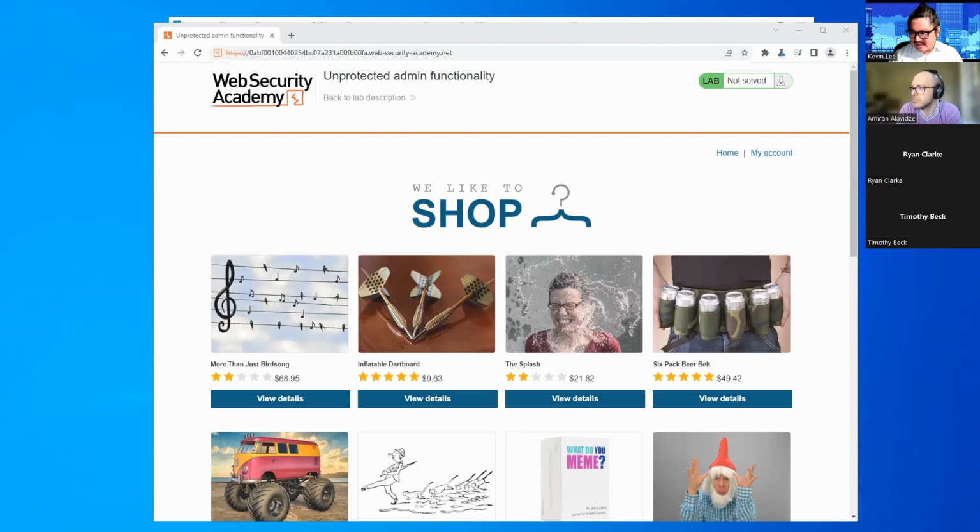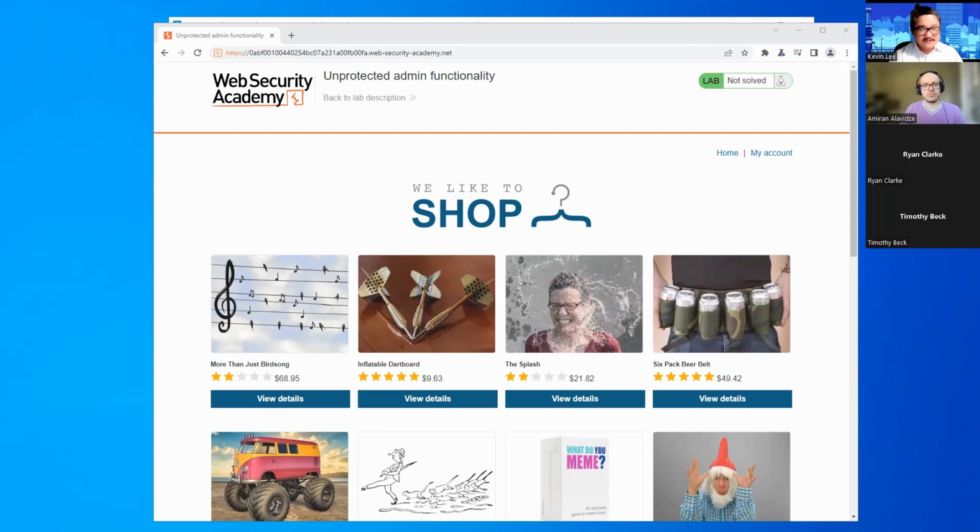Alexandra says game on, but she doesn't have Burp Suite up yet. Alexandra, have you not installed Burp Suite on your computer? Alexandra needs to log into a VM. Okay, okay, but yeah, we're not going to go super fast, so hopefully we give you enough time to catch up with us.